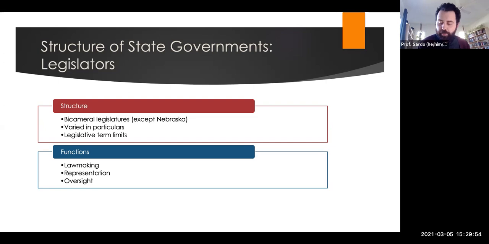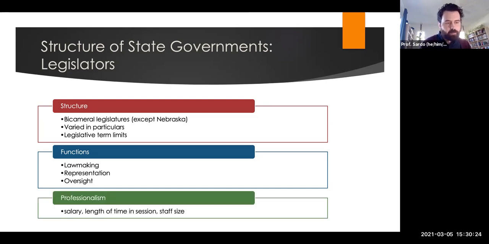They also have the representation function. Just like in Congress, they try to bring particularized benefits to their districts, right? In the state that you belong to, just like you belong to a congressional district, you also belong to a state legislative district. And so your state legislative representative is going to try to bring back particular benefits. And they have an oversight function, right? They are trying to oversee the state bureaucracy and make sure it is accountable to the people, just like